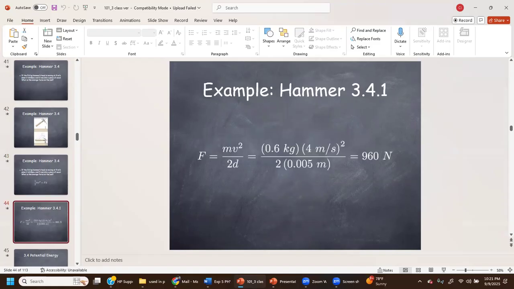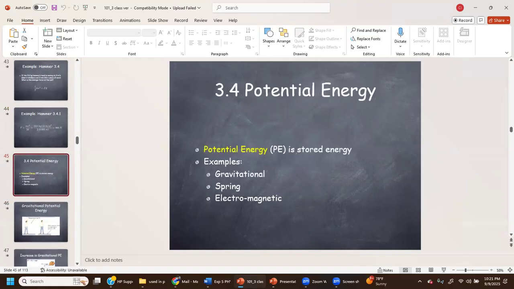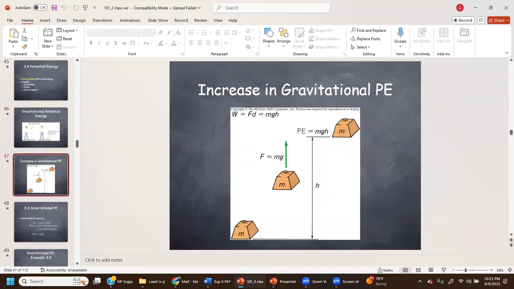960 newtons. So that's your kinetic energy. Now, potential energy, it's a potential. It's a stored energy. For example, your gravitational potential energy, your spring, your electromagnetic, those are different types of potential energy. And your gravitational potential energy is defined, as we just saw a little while ago, as your mass times your gravity times your height,